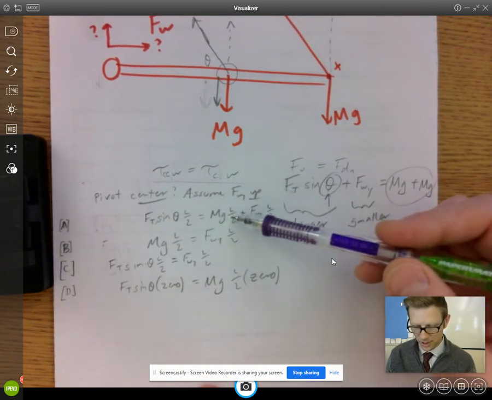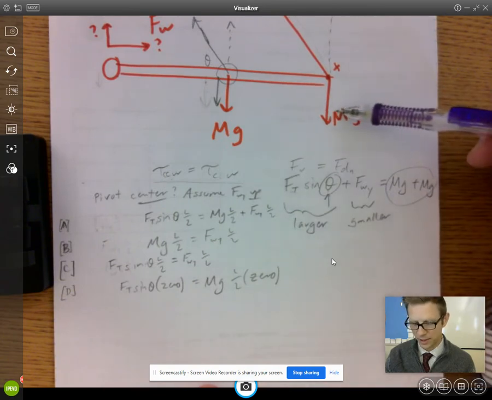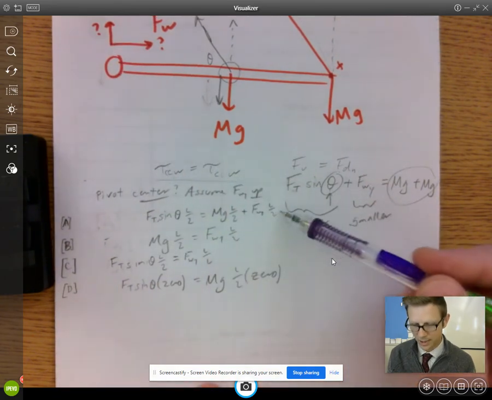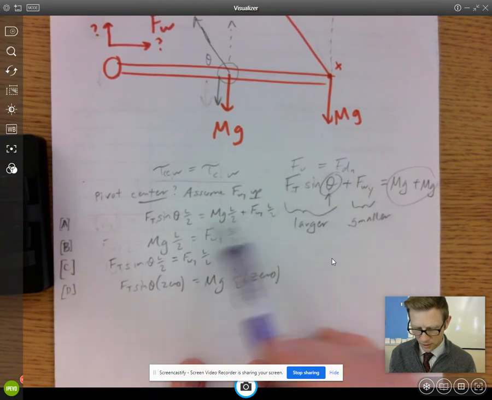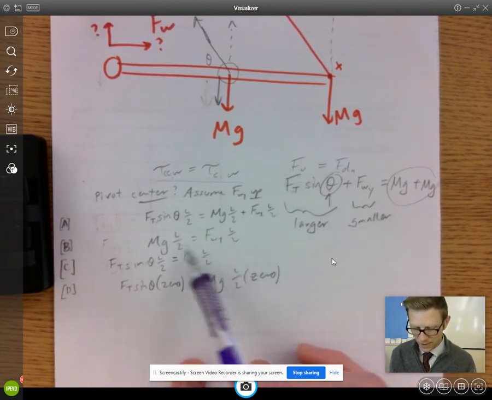Then you have mg times L over 2 as a clockwise torque that's exerted by this, and then you have the wall's vertical force, F_wall y, times L over 2. Okay, you could solve for that and you get some value for F_wall y. Then we can see that mg,